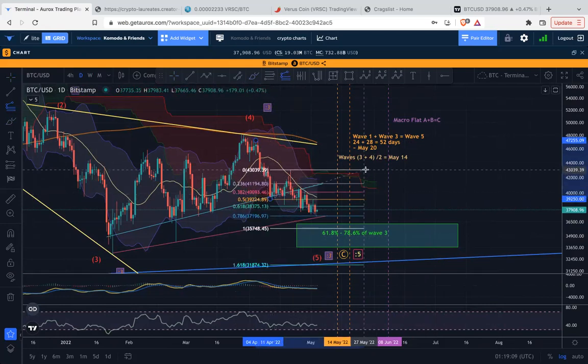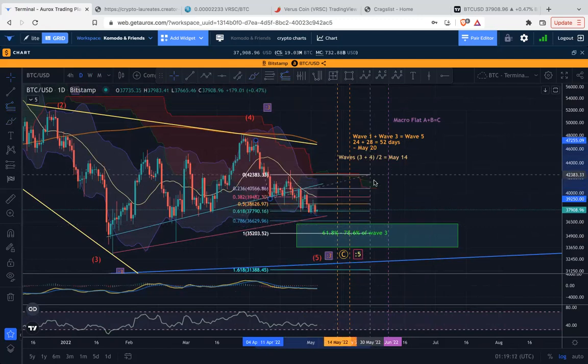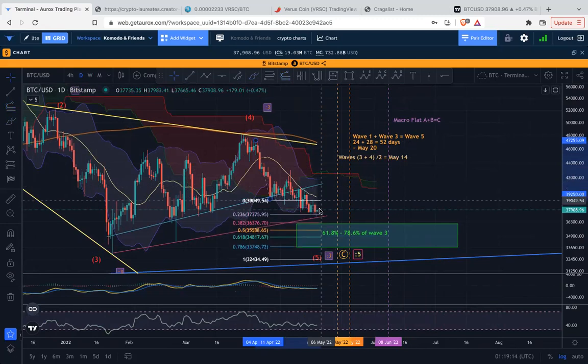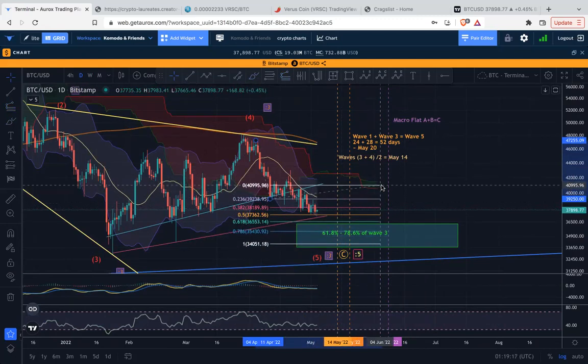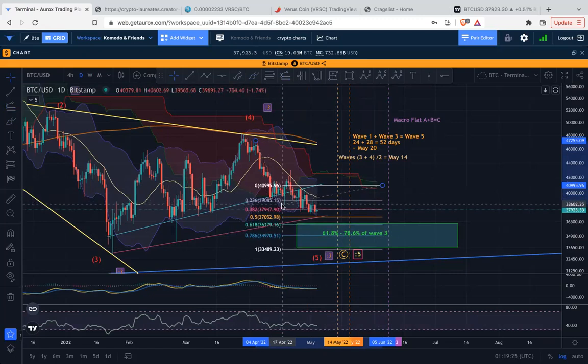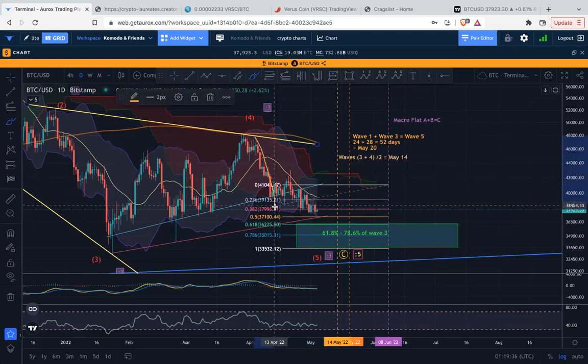If you go to this top here and you want to play that game, then you're 1-to-1 around the top of the level here. But if you imagine maybe we only get around here, but we do bounce from here, some sort of 1-to-1 brings you to this lower end of the box. So you could play in there with that price move, okay? And if you want to come just down a little bit lower to this wick down here and play from there, you can. And you get a bounce up here. So ultimately what you're playing with is some sort of move down, like an A wave type of down, and then some sort of B wave as a correction there. And then you get your C wave down.